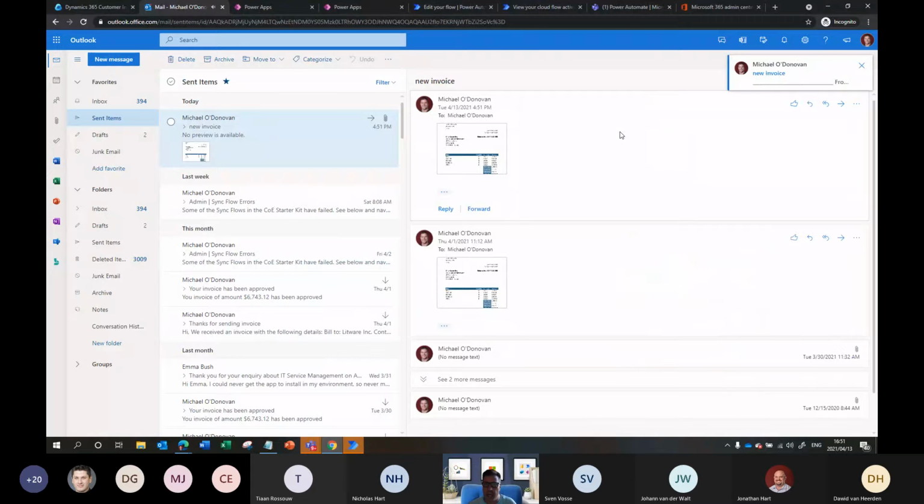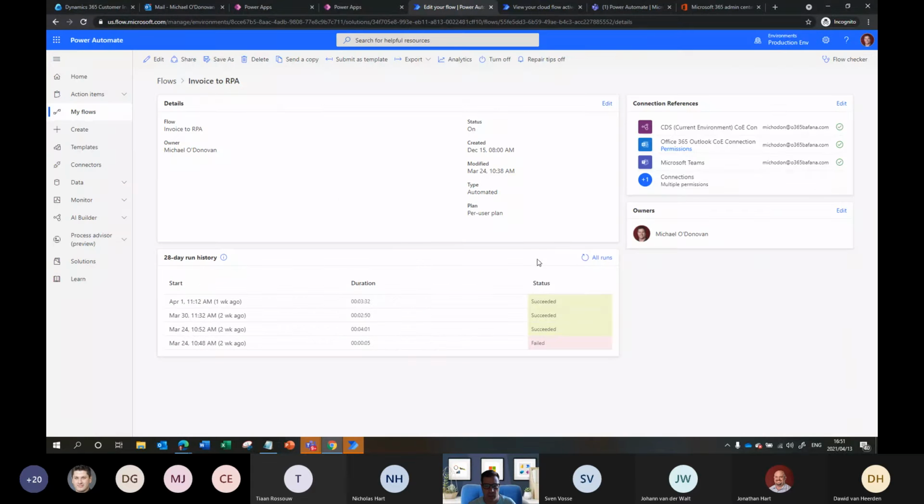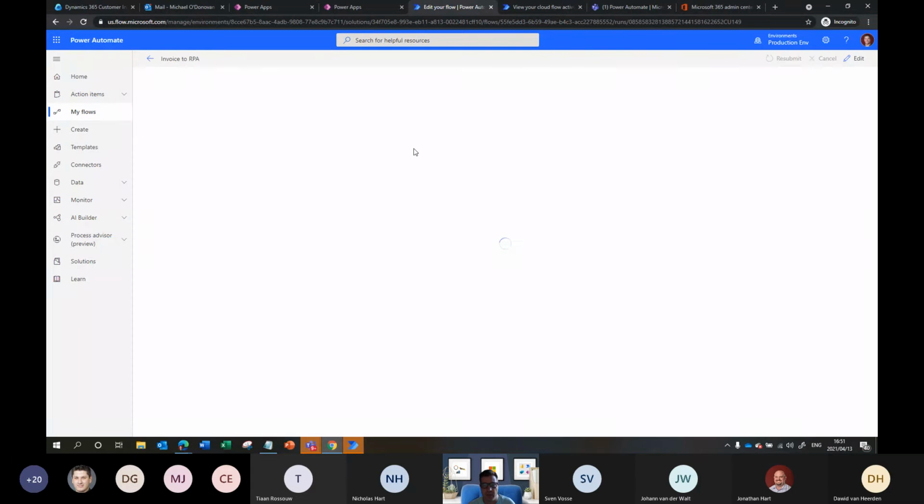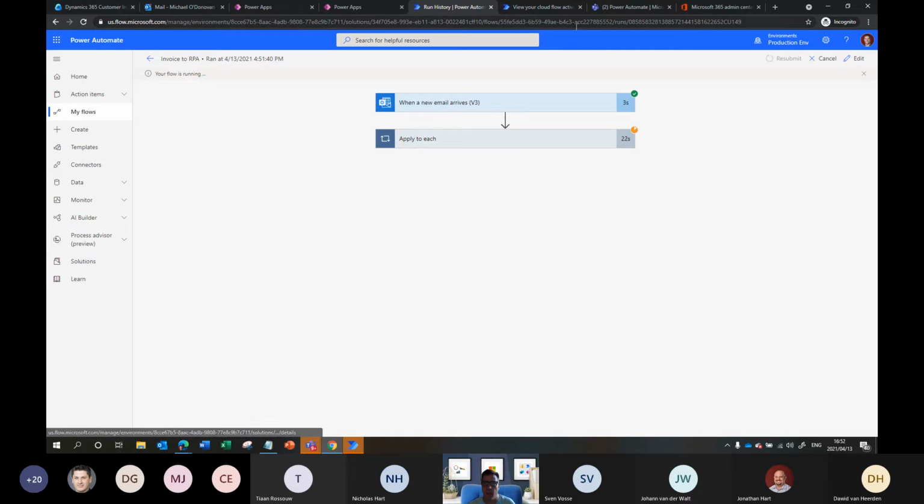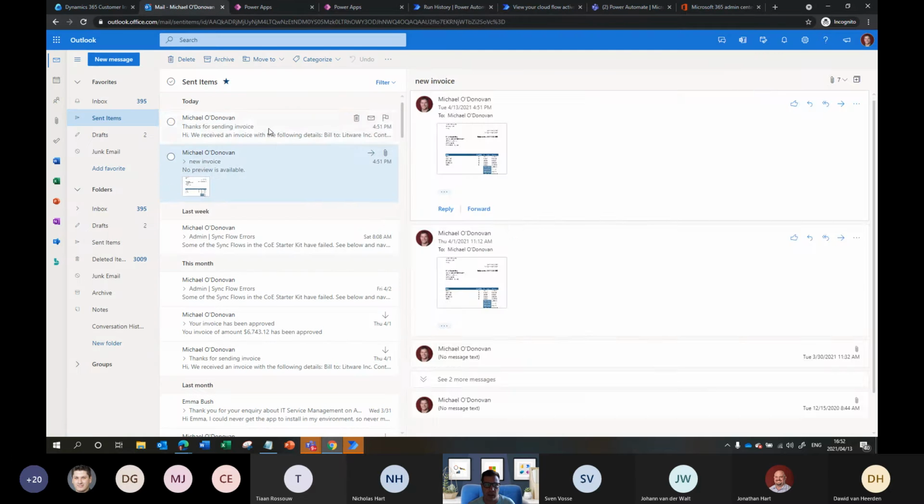Okay, so what should happen, let's just jump here and refresh the Cloudflow. You'll see my Cloudflow is running. If I go into the running instance, it would have received the mail. And what it should have done now is passed it through AI to extract the values, right? So you can see the mail's arrived. It's now going into this section down here. It should have extracted the values and sent me a mail back.